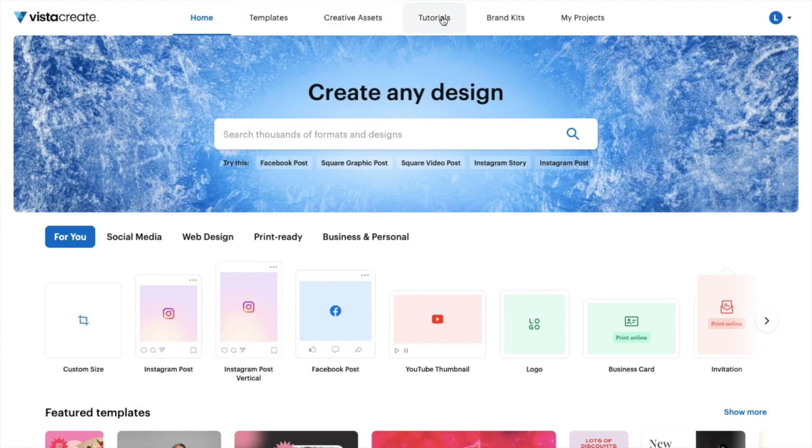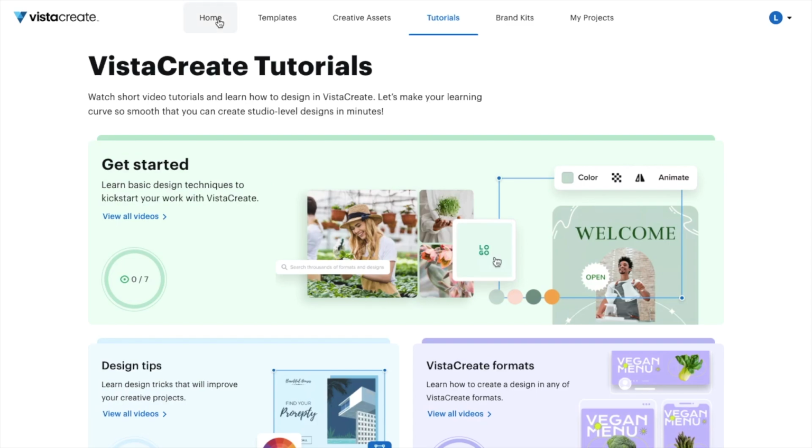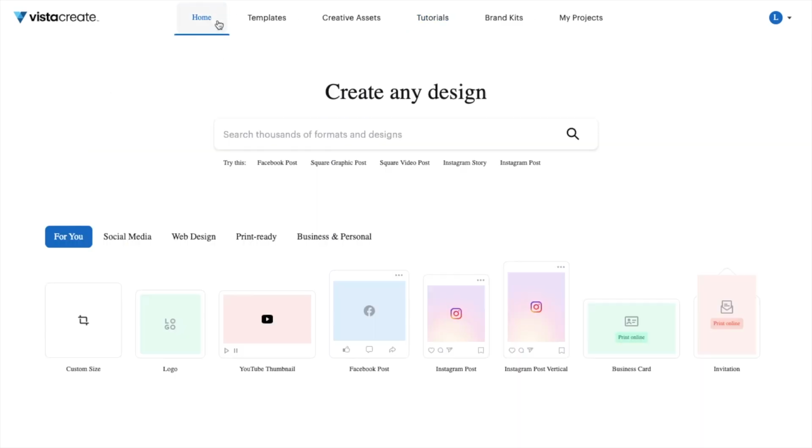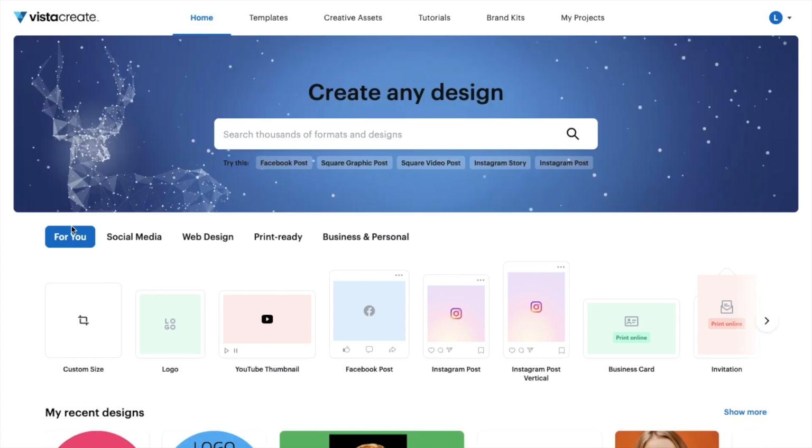So for example, if you were on tutorials, I'll go on the tutorial page right here. Just go to the home screen. So go to the top left, press on home. Once you're on the home screen, just go down a little bit to where it says the For You page,